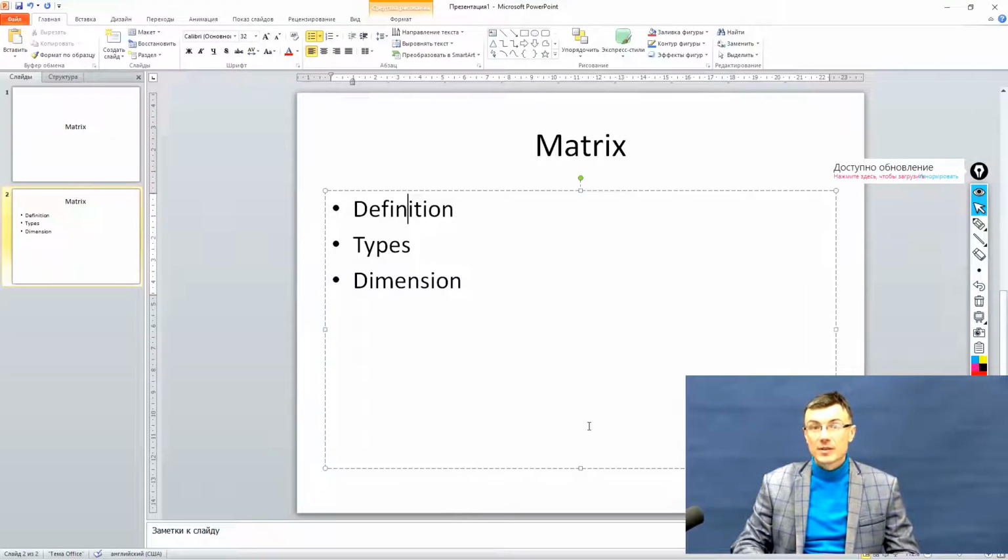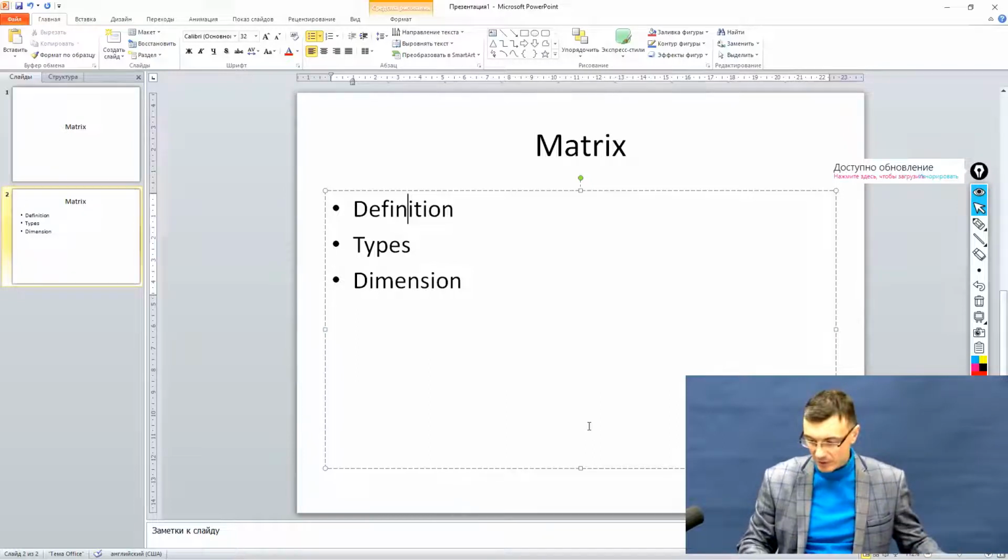Let's begin with the definition. In mathematics, a matrix is a rectangular array that consists of numbers, expressions or symbols arranged in rows and columns that represent a mathematical object or properties of these objects. For example,